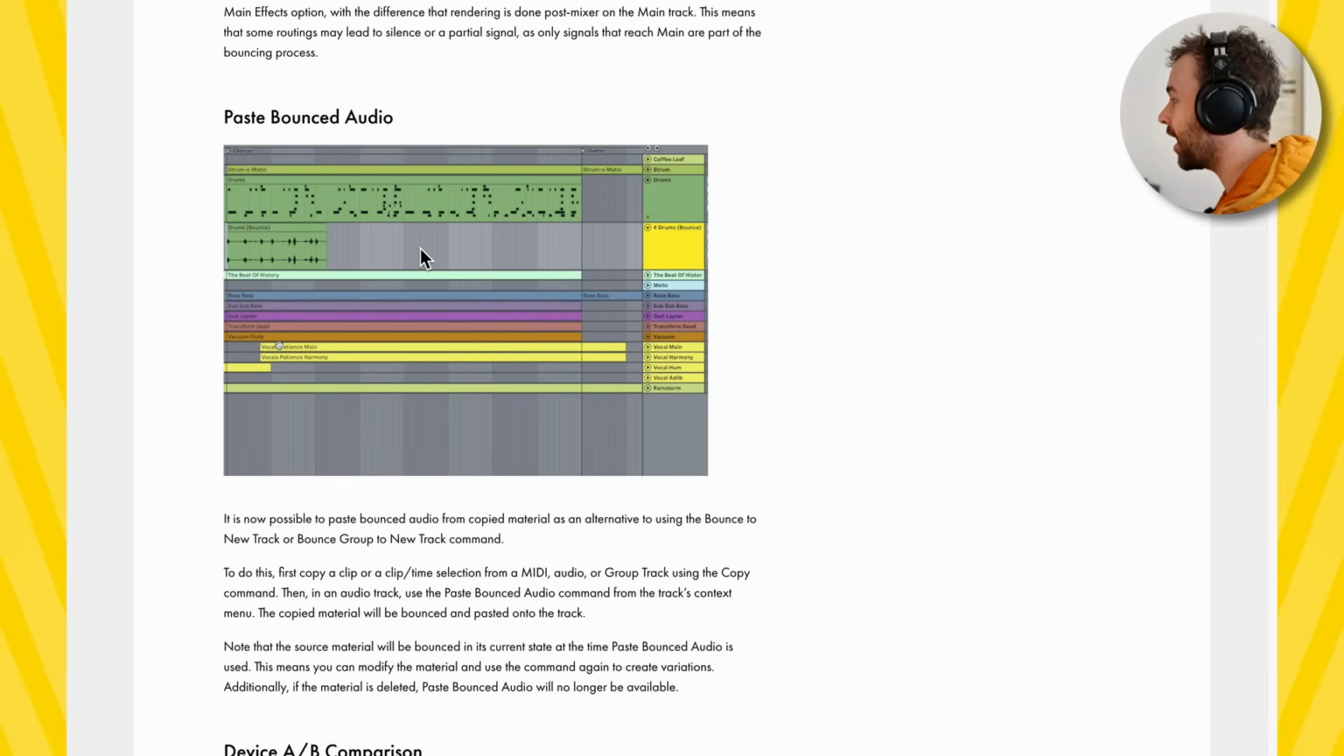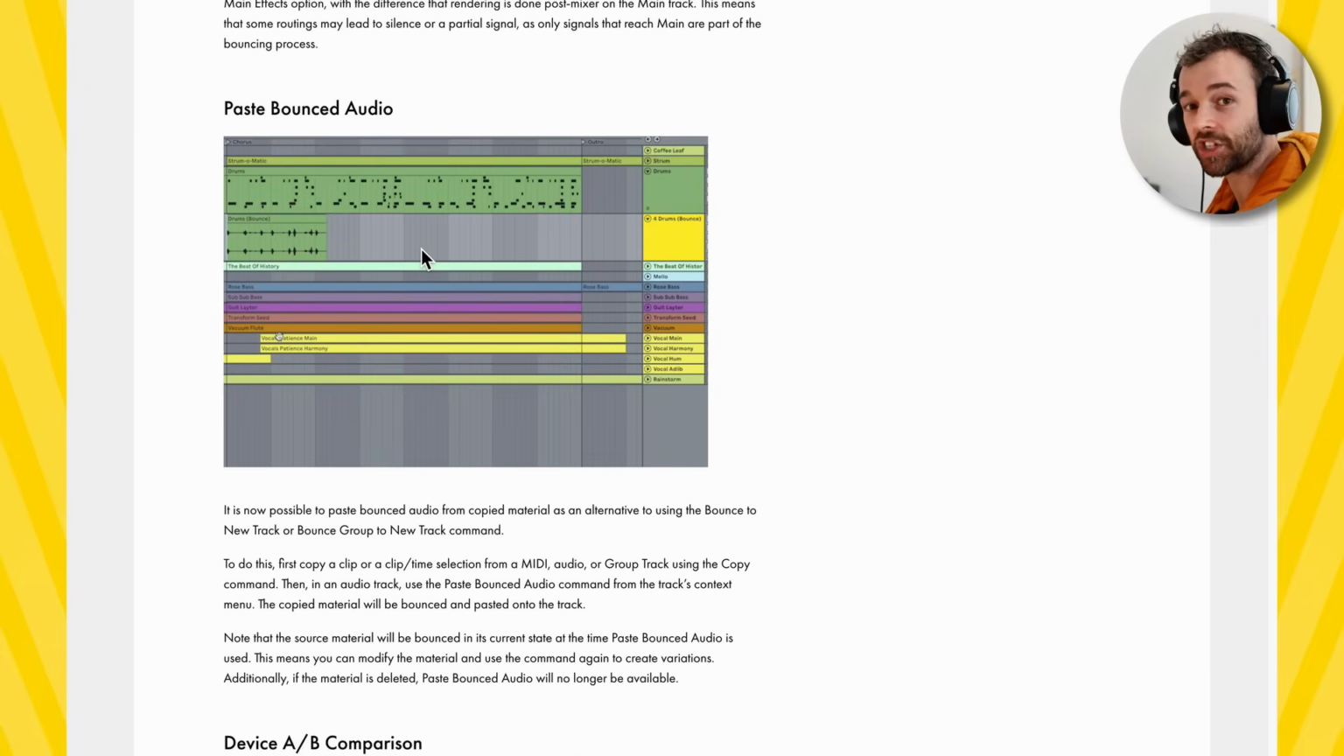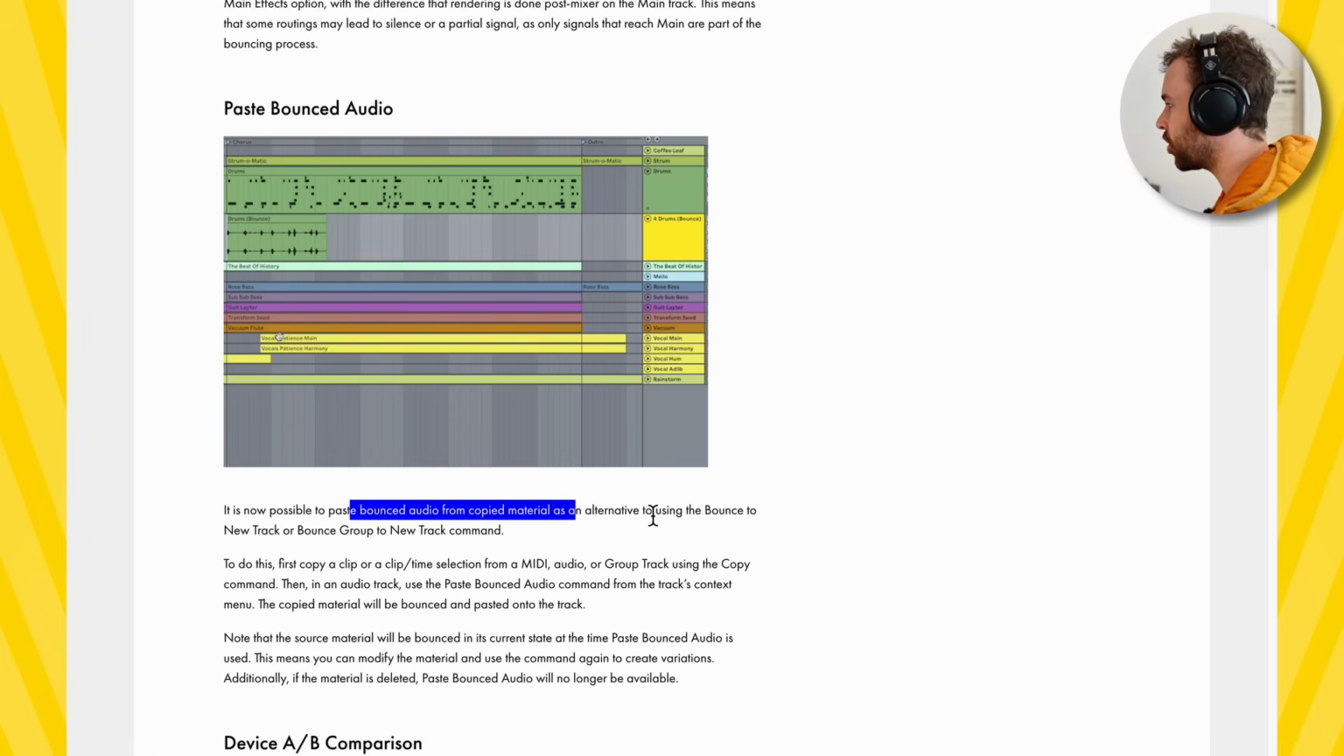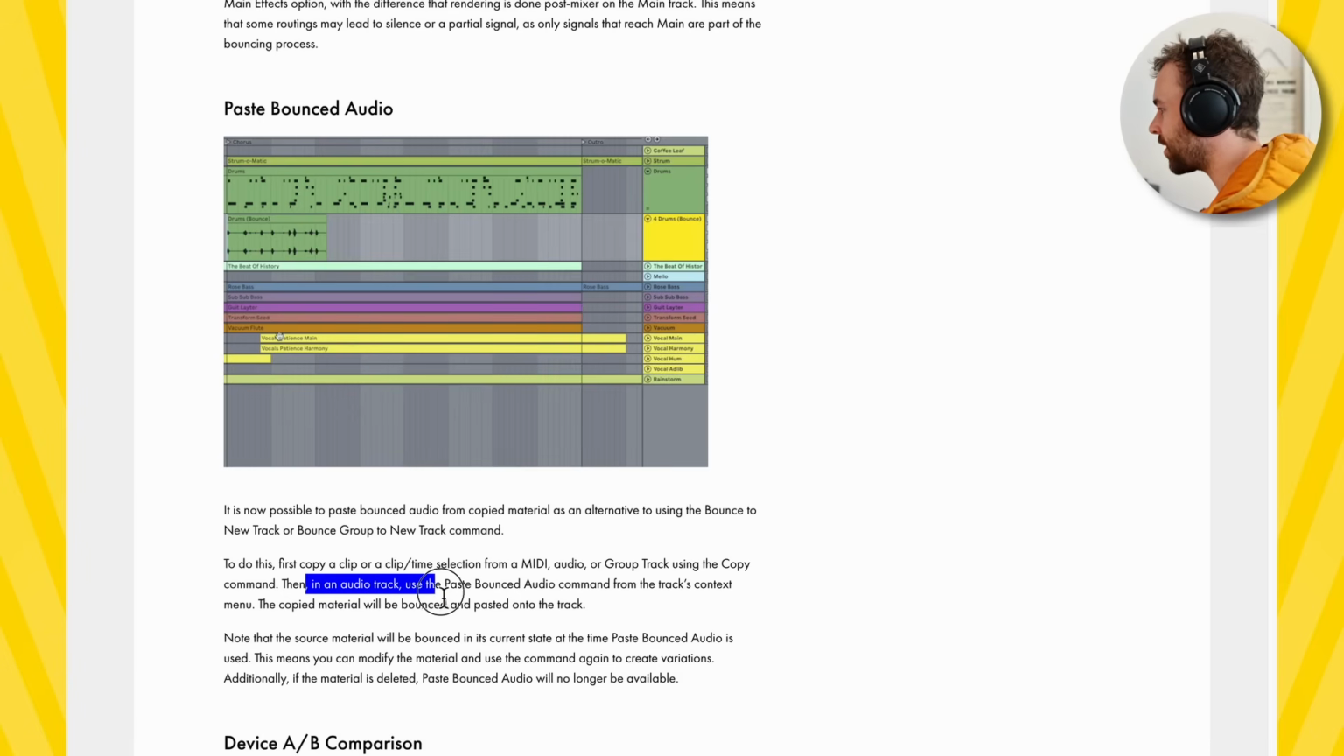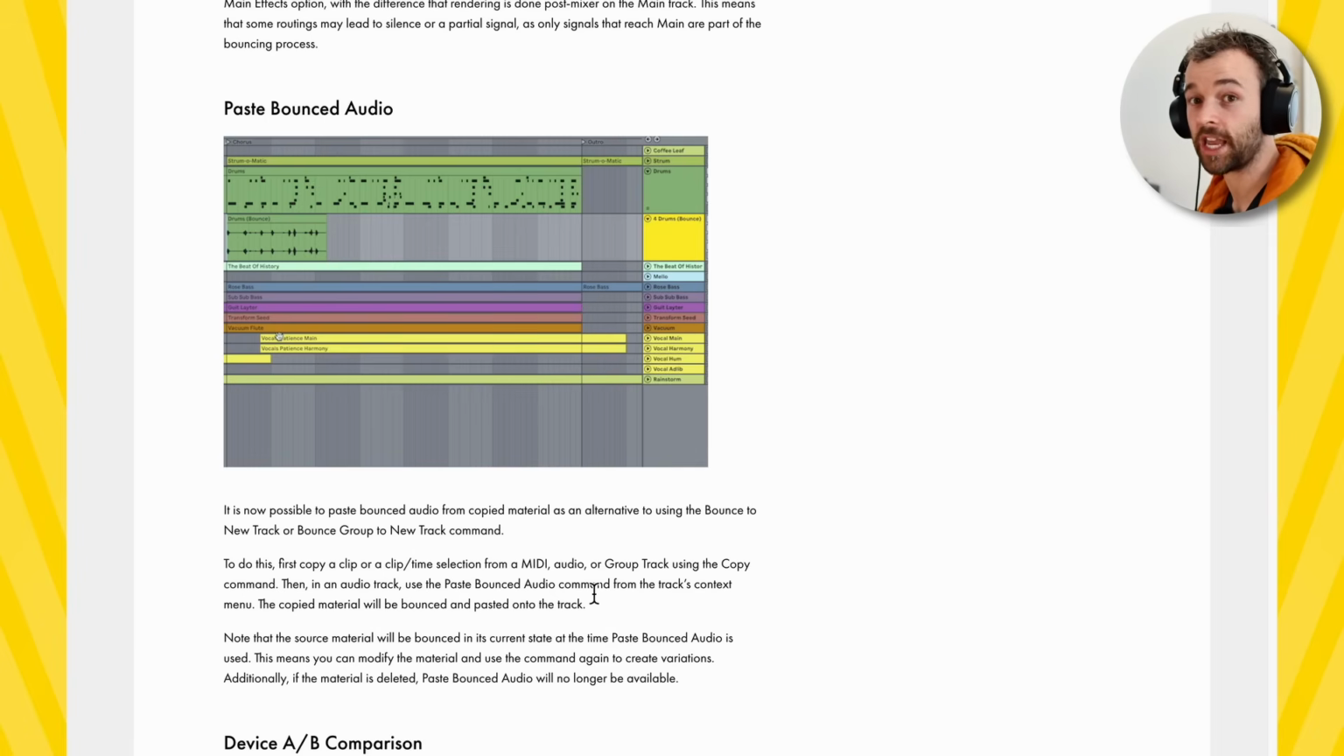Pasting bounced audio allows us to copy a selection, an area. This works on either individual tracks or on group tracks, and then paste the bounced audio as opposed to pasting the clip. So it's now possible to paste bounced audio from copied material. To do this, first copy a clip or clip time selection from a MIDI audio or group track, and then in an audio track, use the paste bounced audio command from the track's context menu, or you can use the keyboard command, which on Mac is Command Option V, and I believe on Windows probably Control Alt V or something